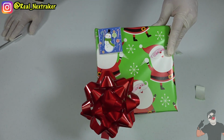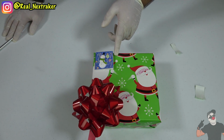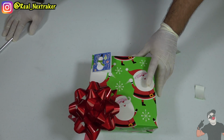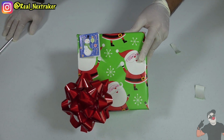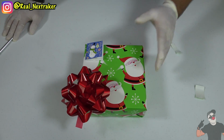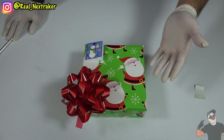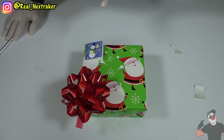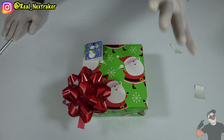So you can't really tell that I've tampered with this, right? I open this up and it says my name, and if you look over here, it's just a big bow. So my parents won't be able to tell that I already know what's in here. I won't get in trouble for something they don't know I did, right? Come Christmas morning, I'll tear this up and they'll never ever find out that I already knew what I was